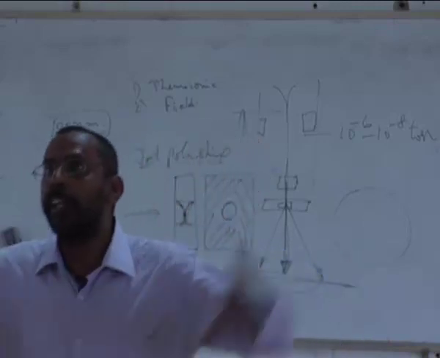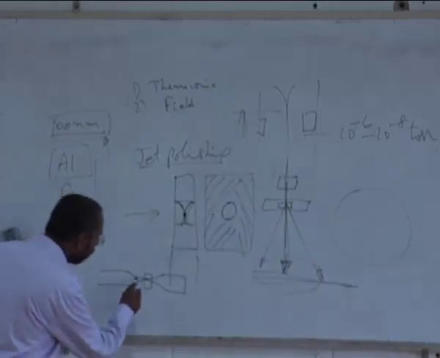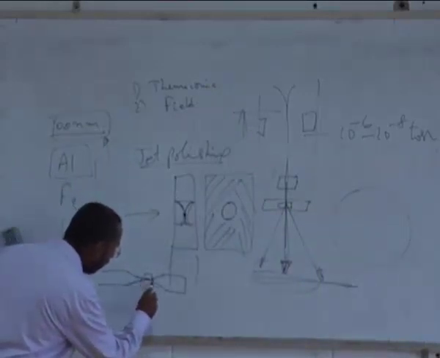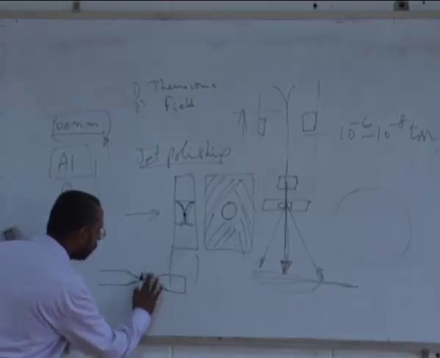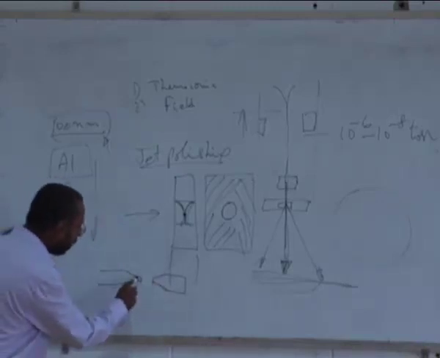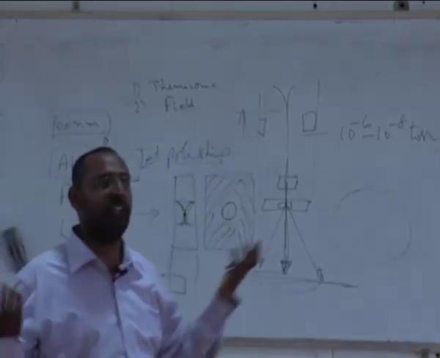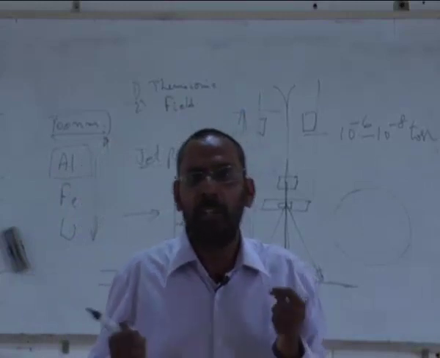Otherwise, it continues to dissolve, and it becomes like this. So it becomes a blunt hole. If it becomes a blunt hole, then this thickness is again larger. It will not be like this; it will be much bigger than that. So it's of no use to me. I need to catch it.